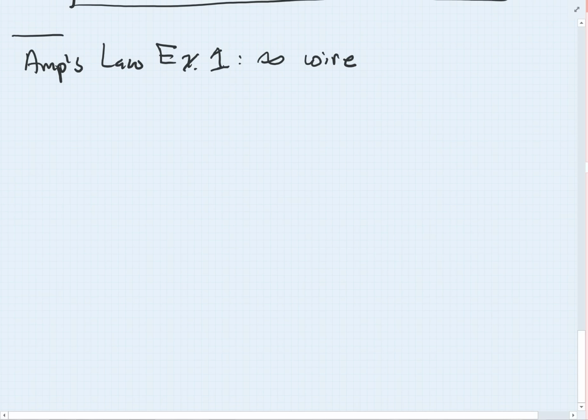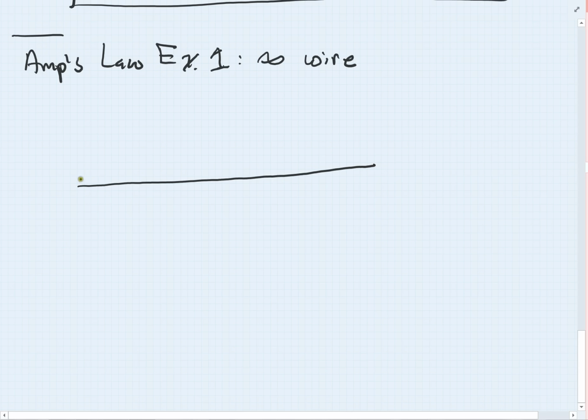The goal here is for you to take a familiar context and see how convenient it is, and also we can focus on the details of the procedure we use when applying Ampere's law by working with a familiar example. So once again, our example will be, but this will be the last time we use this one, I promise,